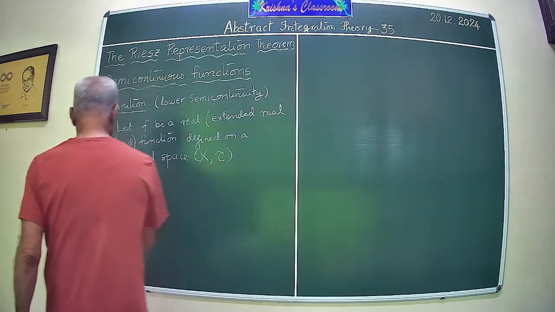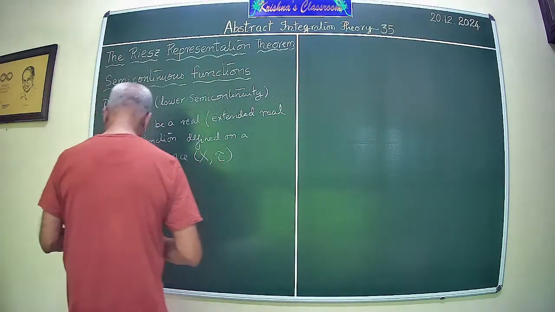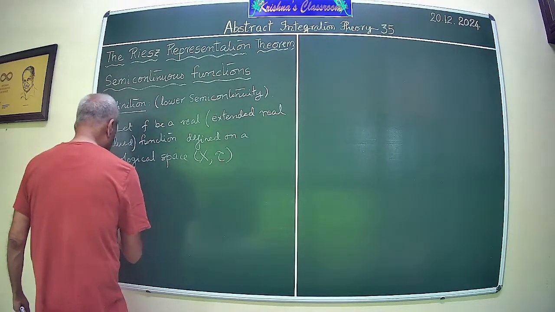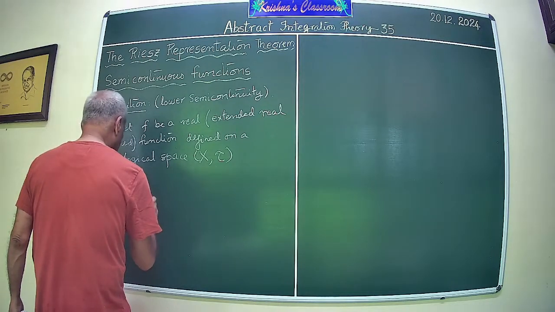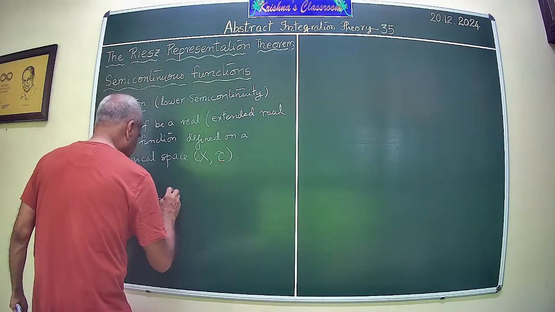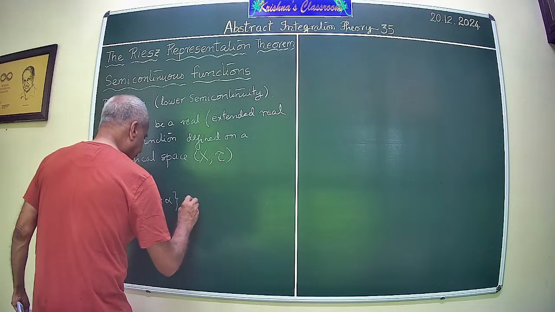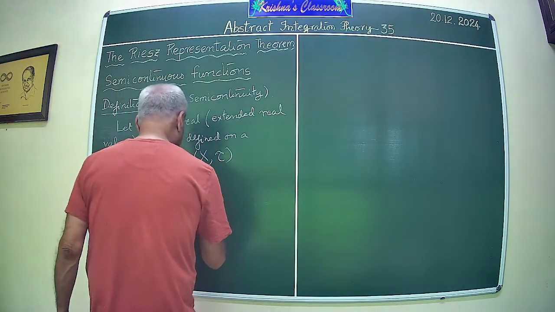Now, if the set of all x with the property that f(x) is greater than alpha, which is the same as f inverse of (alpha, infinity)